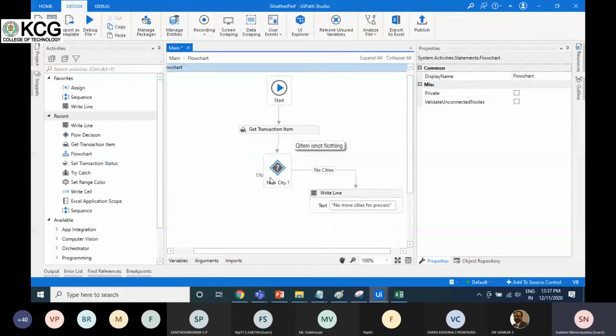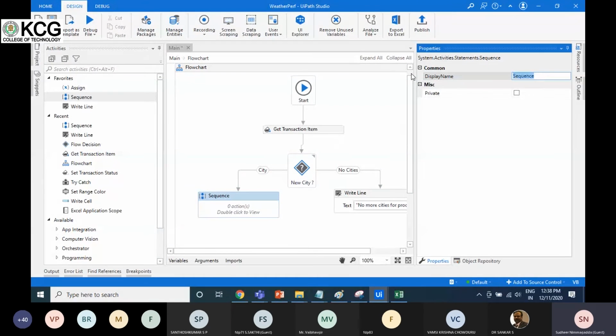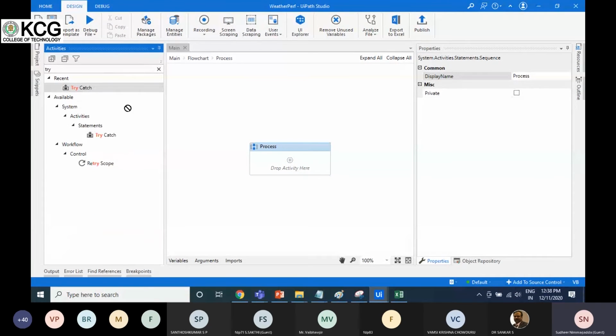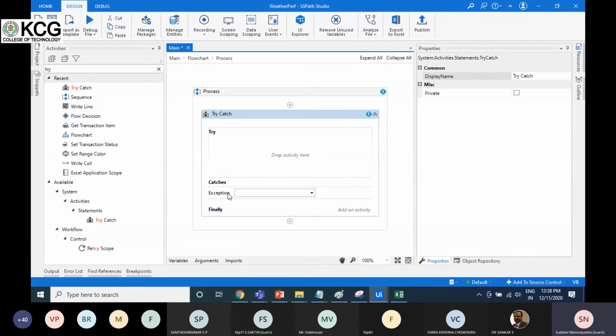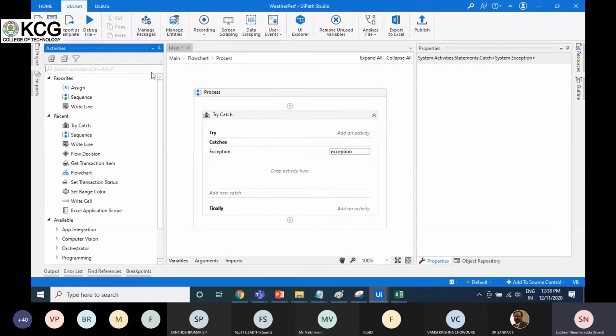If the city is there, what do we have to do? We have to just do some process. Just take this one into here. It is a process, and within this process, what is our goal? The goal is it has to open the. So let's take a try catch first of all. Try catch block. Okay, in the catch block, just take the system exception, and take a log message,